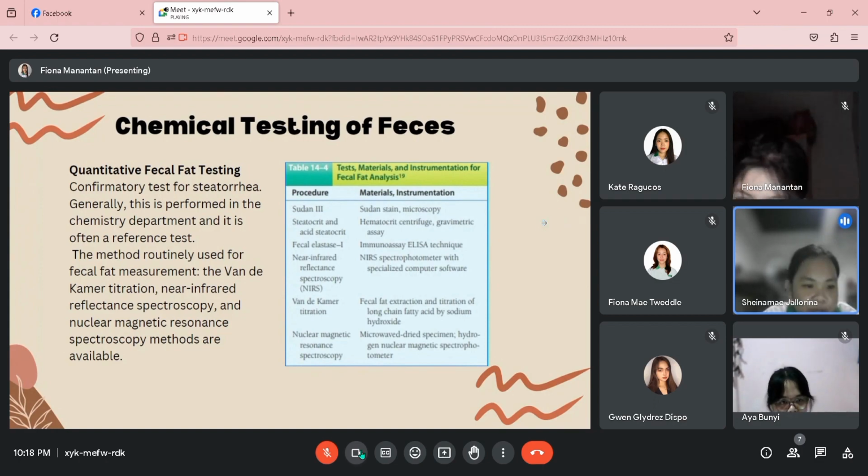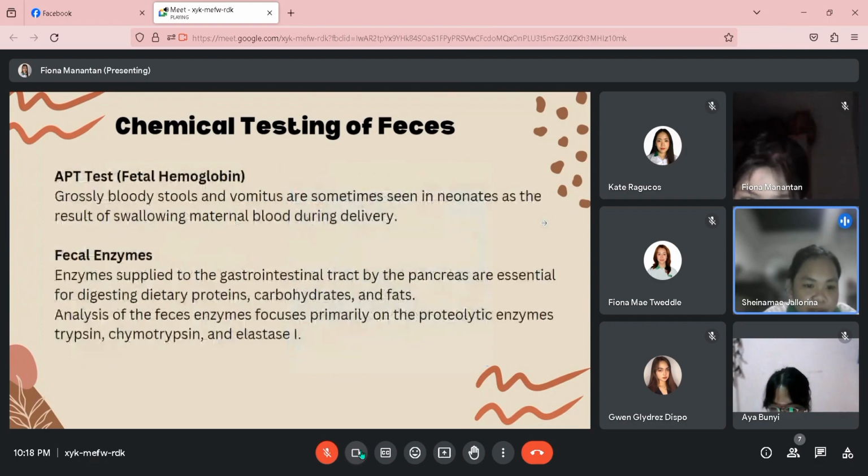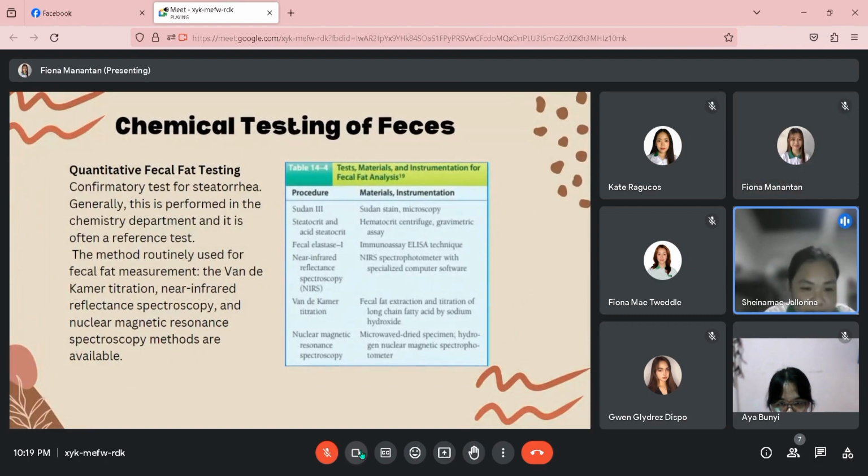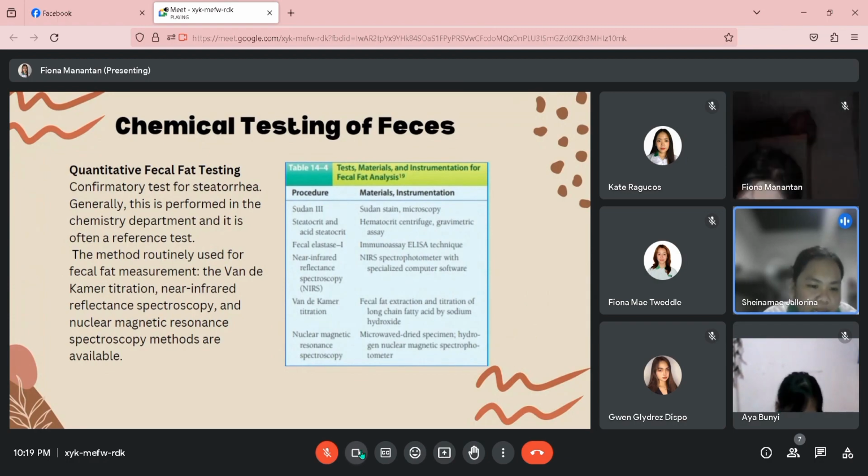So this is the summary of tests and current instrumentation for fecal fat analysis. The procedure: Sudan 3, instrumentation used: Sudan stain microscopy; steatocrit and acid steatocrit, hematocrit centrifuge; gravimetric assay. For fecal elastase 1, immunoassay, ELISA technique. Near infrared reflectance spectroscopy, NIR spectrophotometry